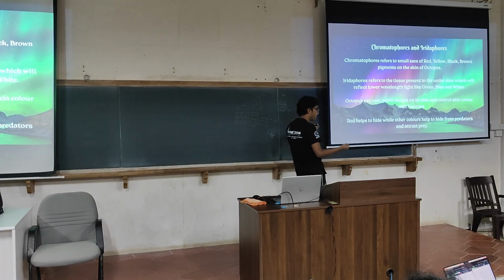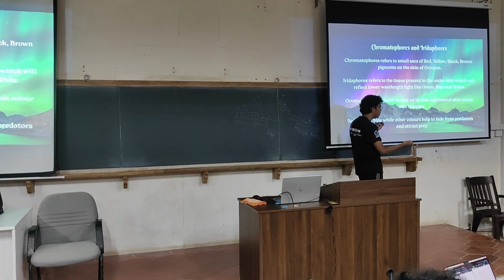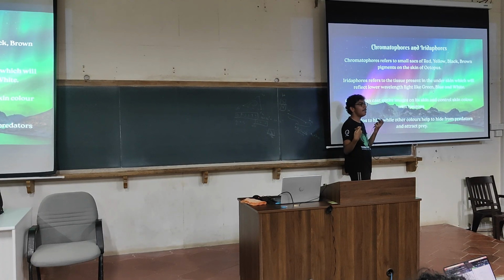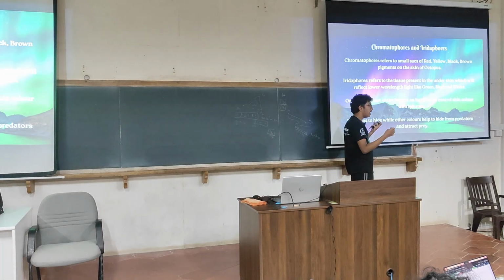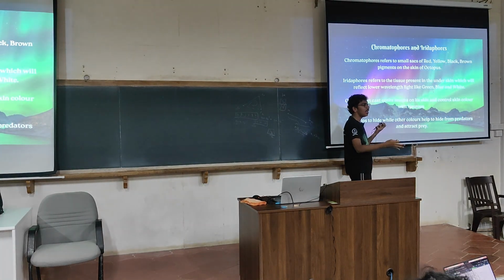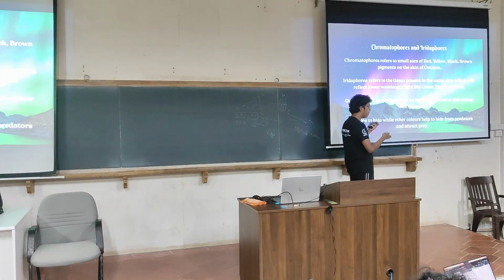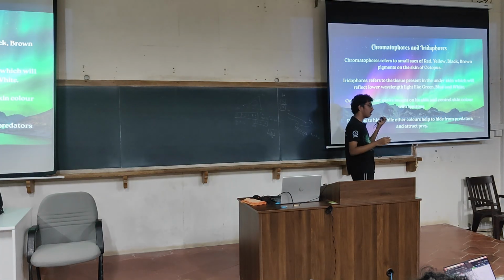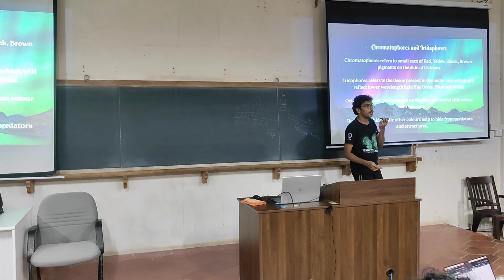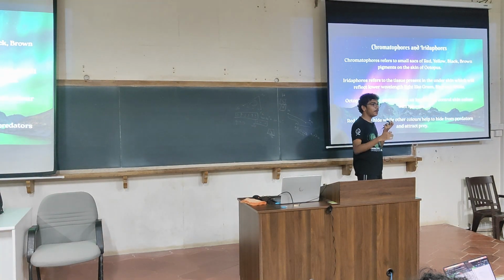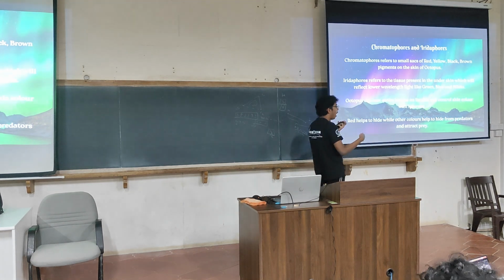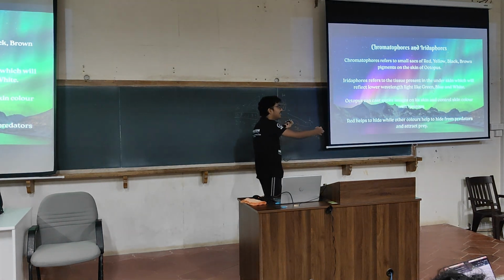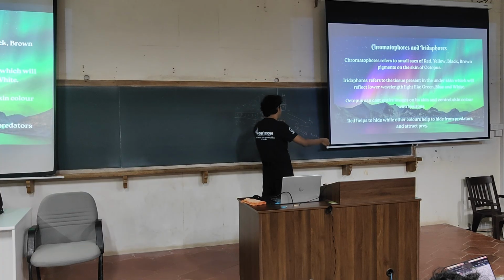So what is so special about octopus is that they don't just use colors to hide with the background, to match the background. They also use colors to mimic other animals. And another special thing about octopus is that they don't see colors. They can see only black and white images. They don't have cones. So then how do they distinguish colors? How can they mimic other organisms or match with the background?